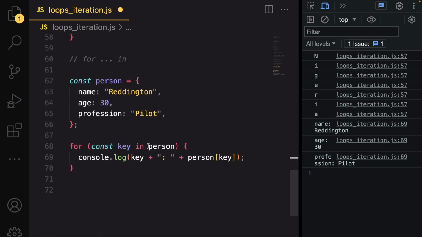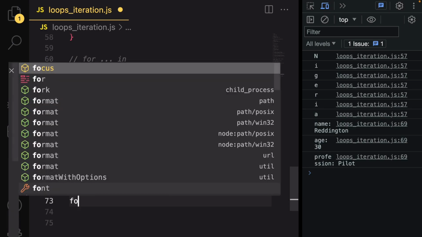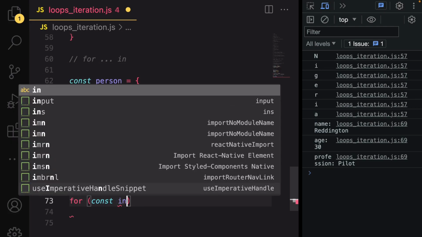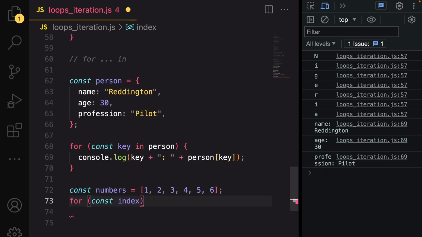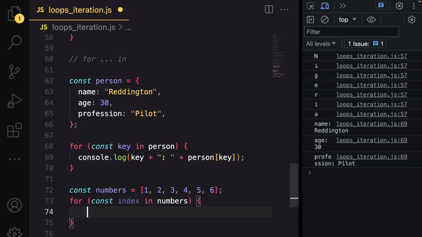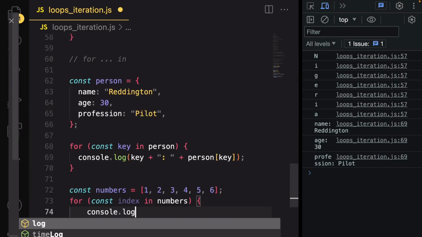So let's use that on the number arrays. Let me uncomment this. So I'm just going to say something like for const index, it doesn't matter, that can be anything, in numbers, and then in the curly brace console.log